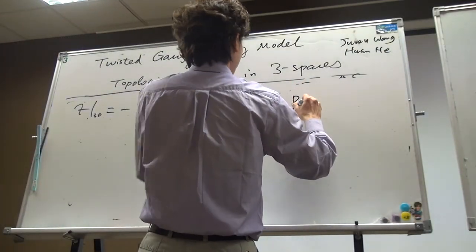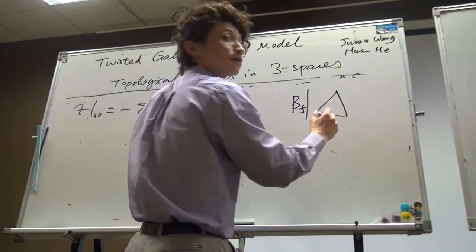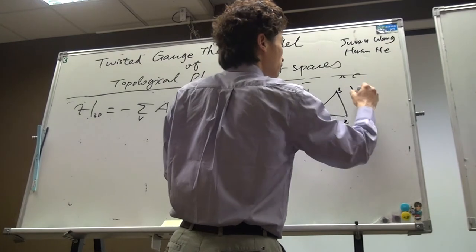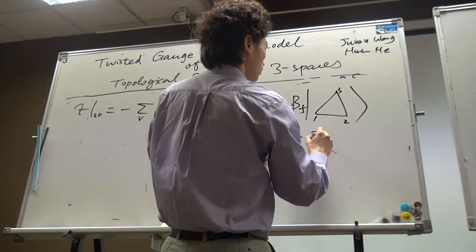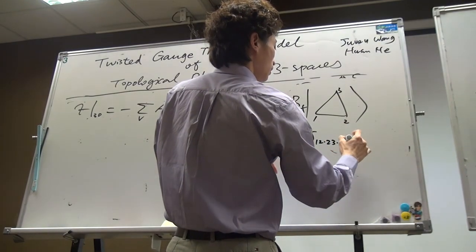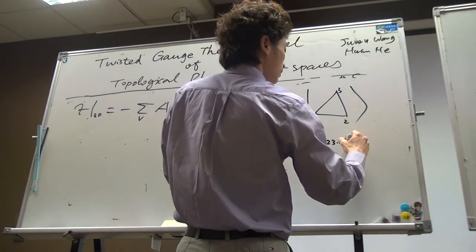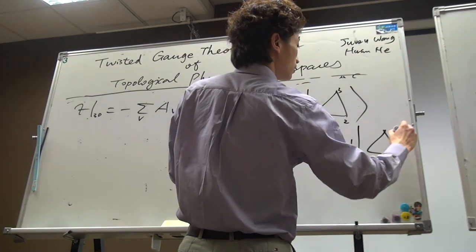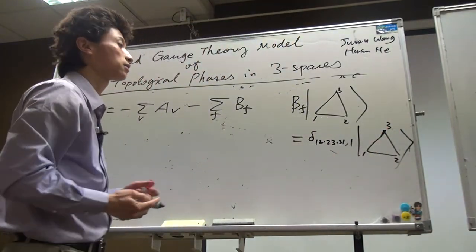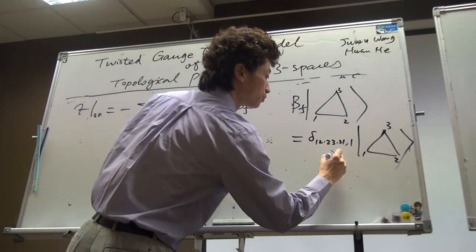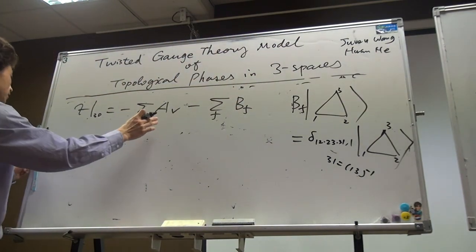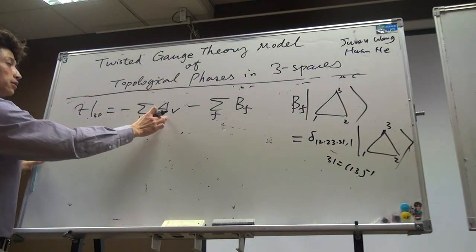So BF, sorry, only acts on triangles, for example, 1, 2, 3. And I ignore the arrows because you know the orientation already. This is simply delta 1, 2 times 2, 3 times 3, 1 equals the identity group element, without changing anything else. So this is still the flatness condition. And keep in mind that 3, 1 equals 1, 3 inverse. So what's interesting about this model is the operators A1,